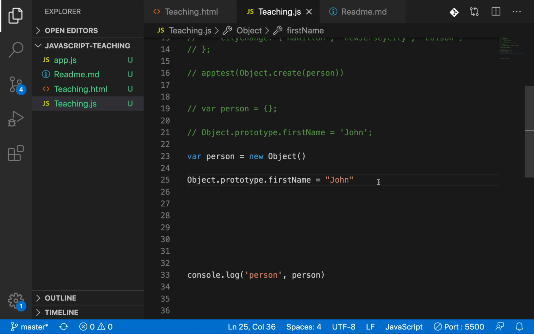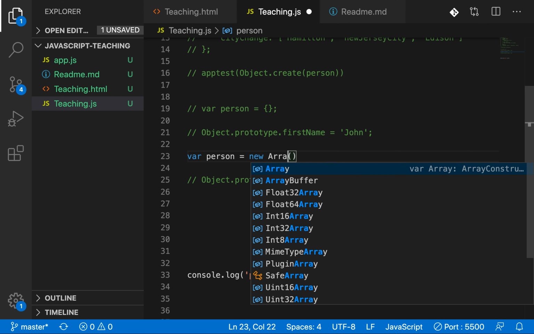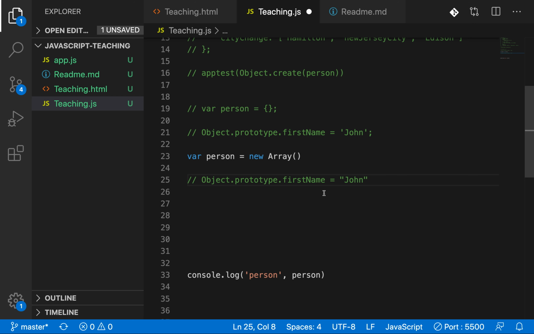But there is something called the prototype chain. Let me explain what it is now. Where person equals new Object creates an empty object, let me give you an array, which is a constructor that we are invoking as a constructor function.